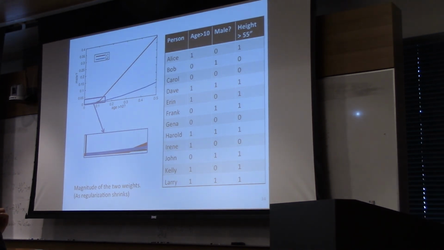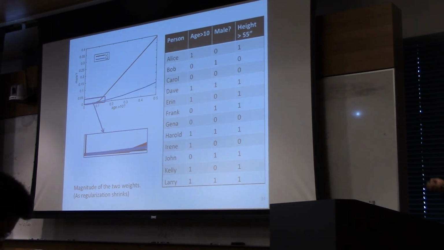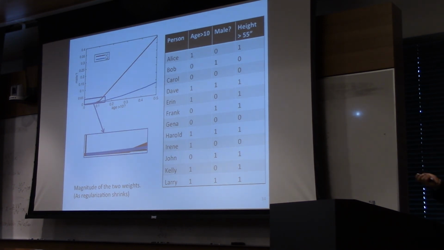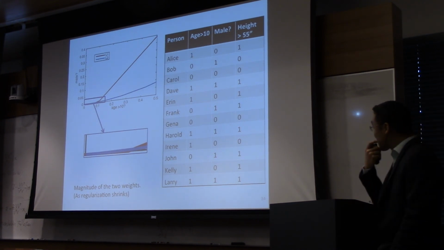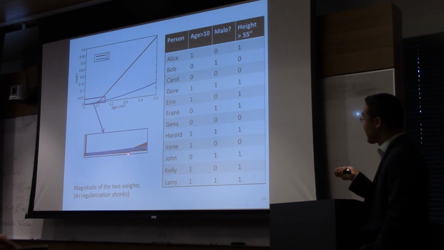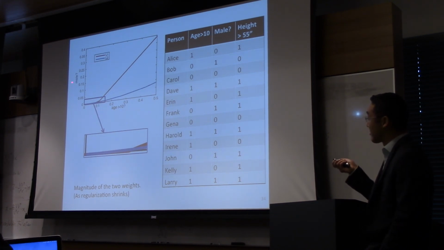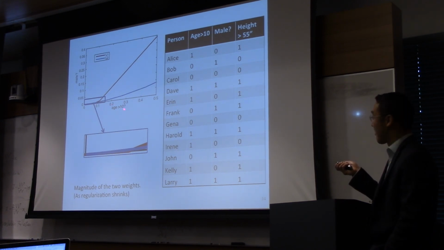L1 regularization puts the same amount of penalty, so it could just grow linearly as you decrease lambda. But if you zoom in here, for some choice of lambda large enough, the weight corresponding to male goes to 0. So we care more about age, right? And then for choice of lambda within this regime,